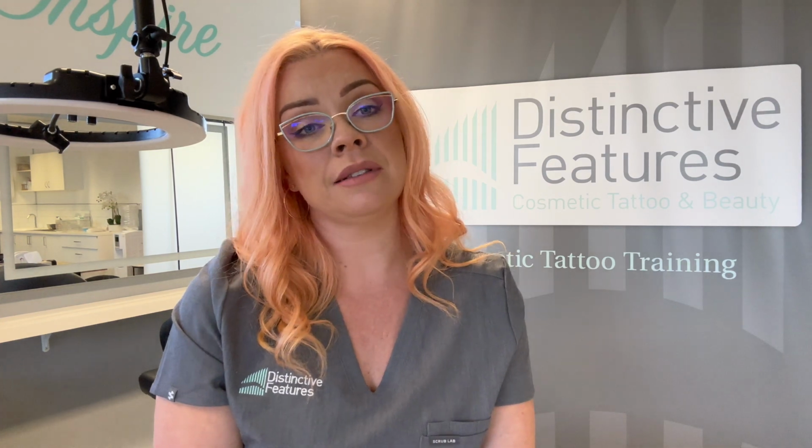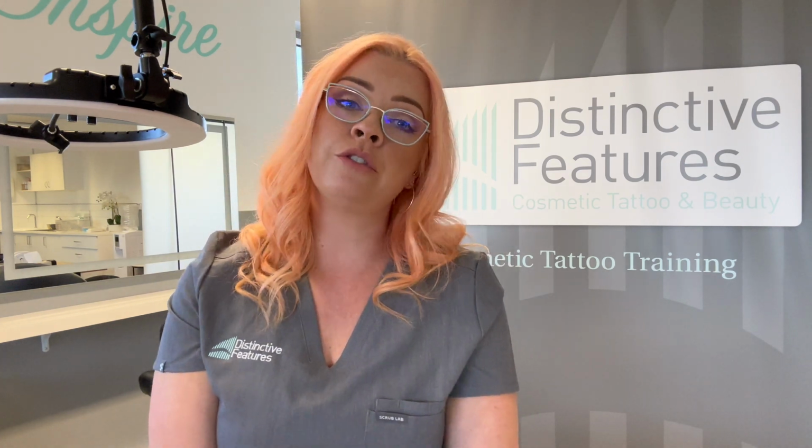Please understand that you also cannot bring somebody to your appointment. The only time we will allow someone in the room is if the other person does not speak any English at all and they need an interpreter. We have had also other people who might be vision impaired who need a carer of some sort. That is sort of extenuating circumstances, but for everybody else, a support person or somebody who's just coming to watch,